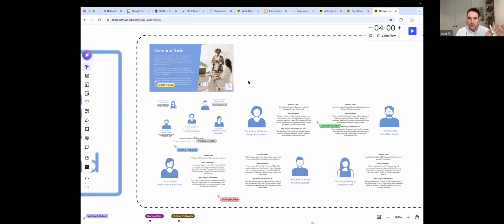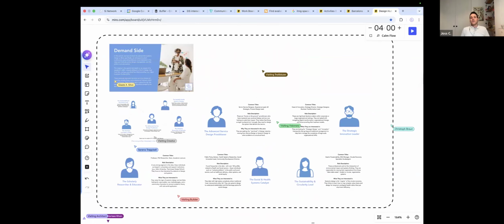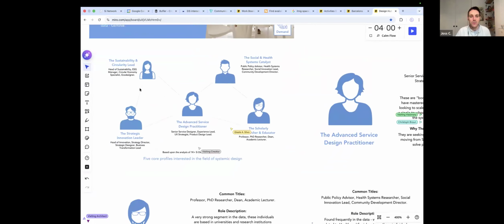This section was created through data from our LinkedIn followers. We took a sample of 1,000 or 1,200 followers of the SI Design Hub LinkedIn page, and we analyzed that to find a number of prominent reoccurring profiles. It's also coupled with our intuition based upon our conversations and all the events we've hosted and interaction with our members about who are the people who are really interested, and what are the sectors or areas they're working in. So we pull out 5 here.